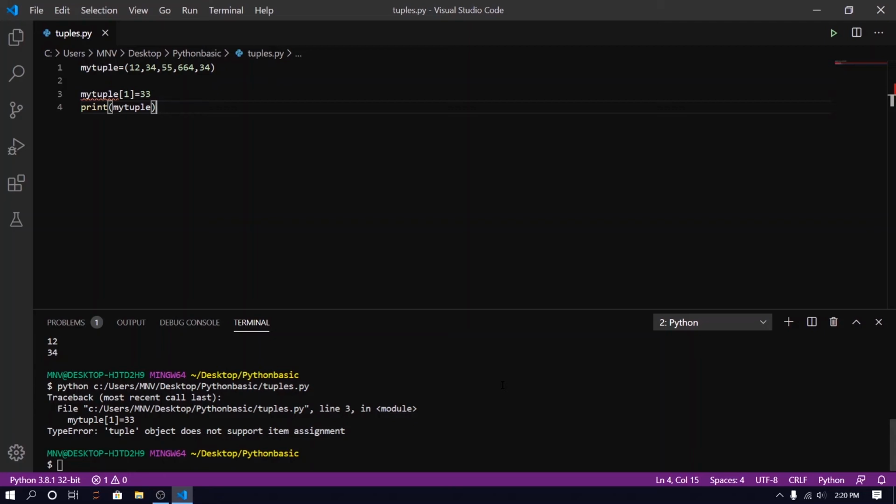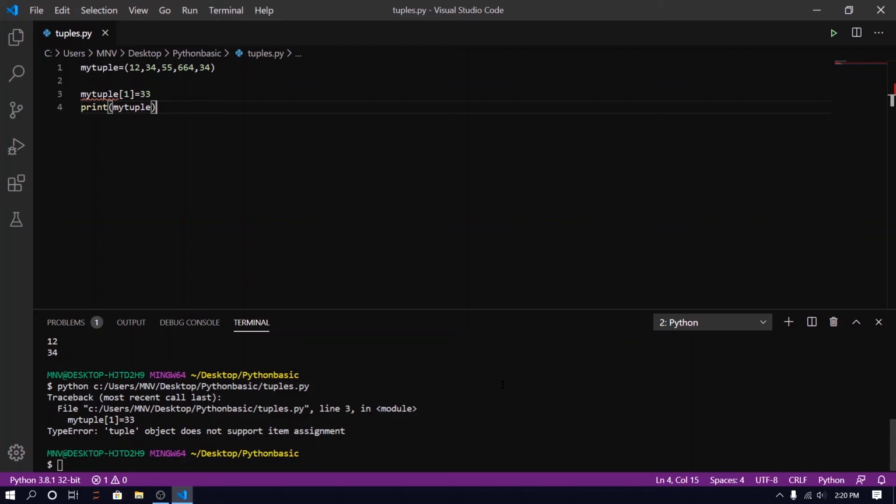So what is the use of tuples in Python? Tuples are generally used to group data together. For example, we have data like a person's name, age, mobile number and all those things, and we do not want that data to change. At that time we can use a tuple. Another thing is that a tuple is much faster than a list. Why? Because tuples are immutable. So whenever we iterate over our tuple, it will be faster, because a tuple is immutable data.